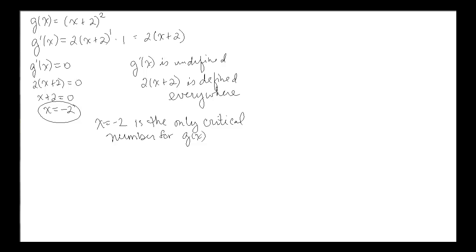And that's where we have a horizontal tangent. In fact, we can tell that because the derivative is 0. So we have one critical number. All right, that's pretty straightforward. You find the derivative, determine where it's 0, determine where it's undefined, and then you go from there.